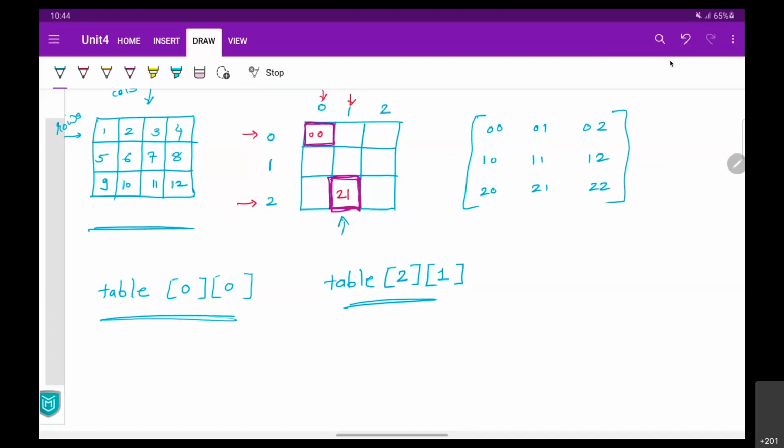Yes, Yusuf, that's what I wanted to point out here. It is just like a matrix, which means in mathematics, if you want to work with a matrix, then in a program you need to have a two-dimensional array so that you can store that entire matrix in it.